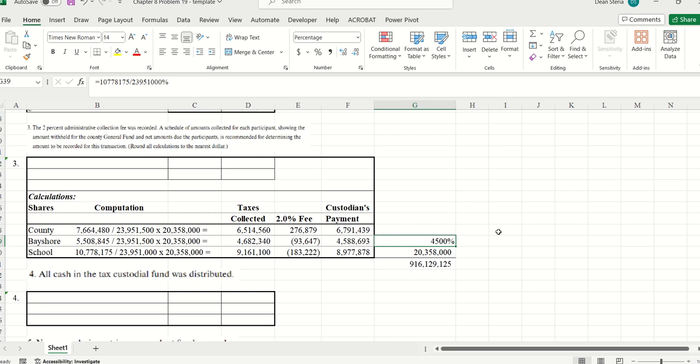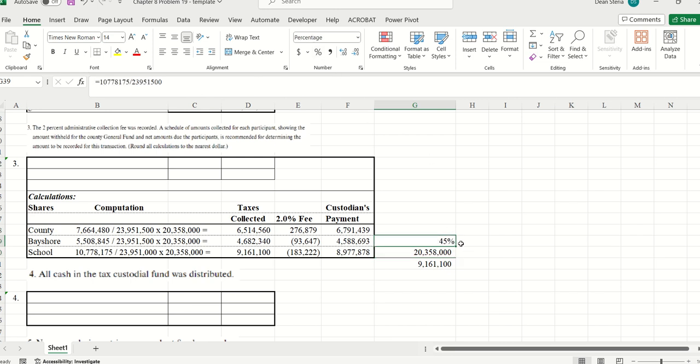And I didn't put the right numbers in, did I? So that's 45%. I don't know what it's doing in there. There you go. That's the 45%